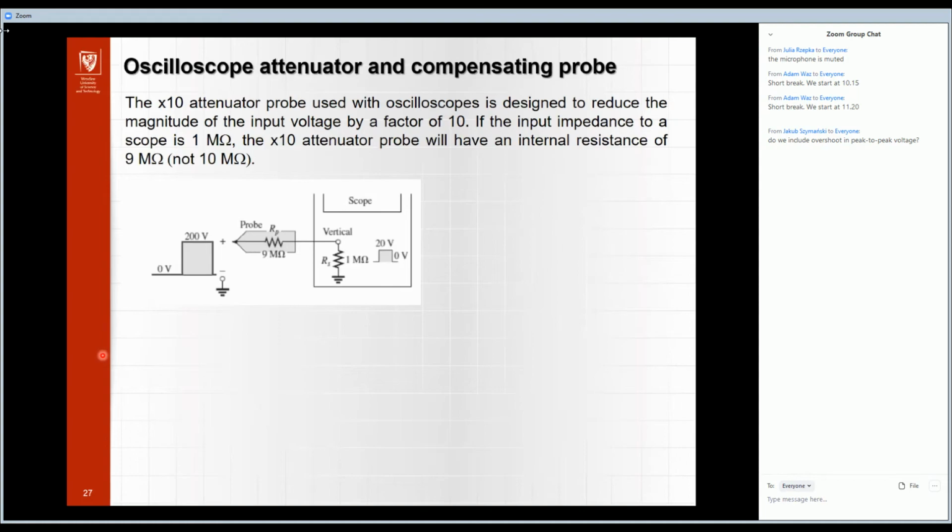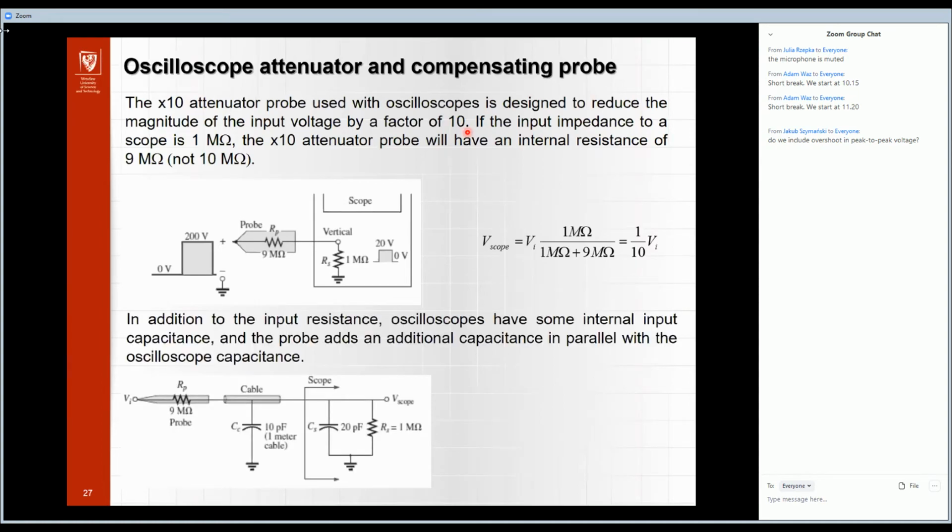Okay, so when we use an outside 9 megaohms, we obtain the voltage divider. Of course, we cannot use 10 megaohms, which seems more practical, but when we calculate from the voltage divider, we obtain this. This is the internal resistance, and because we have the sum of resistances in the denominator, we can use this one, not 10 megaohms. So it is simple, and we expect that it's good. It is a good idea to make such a probe with such an attenuator. But in practice it is not simple,